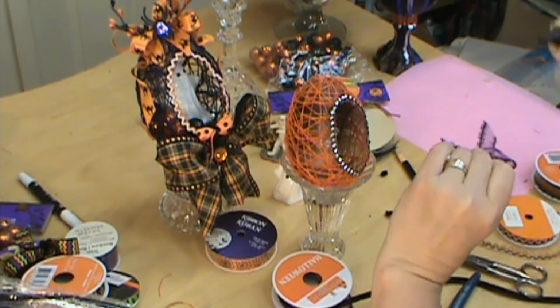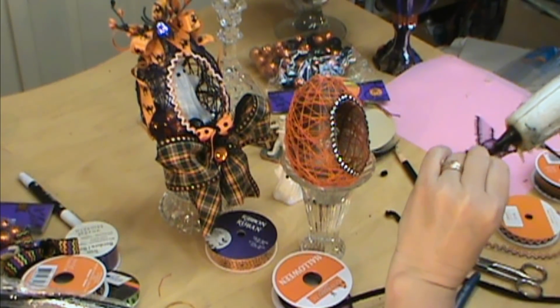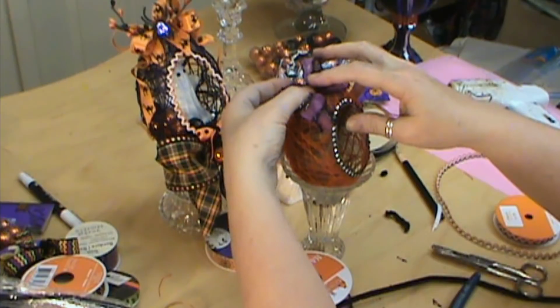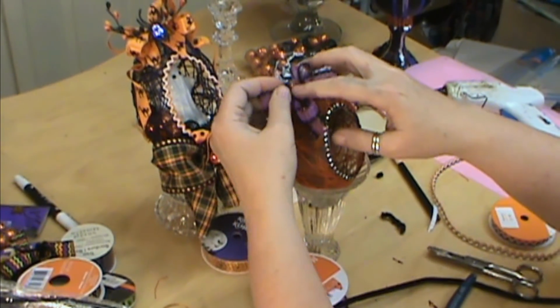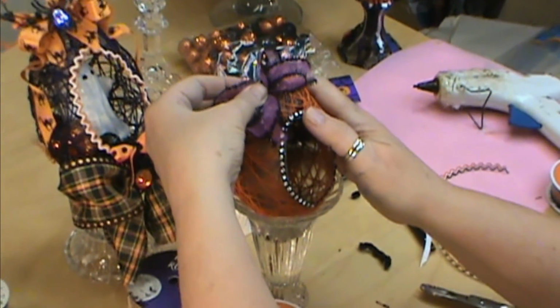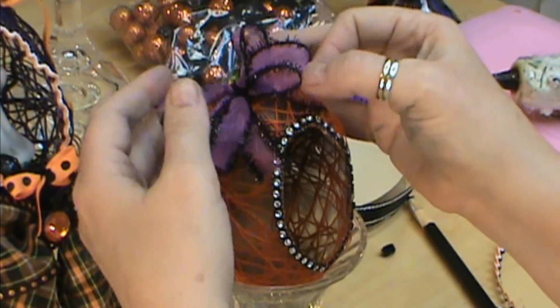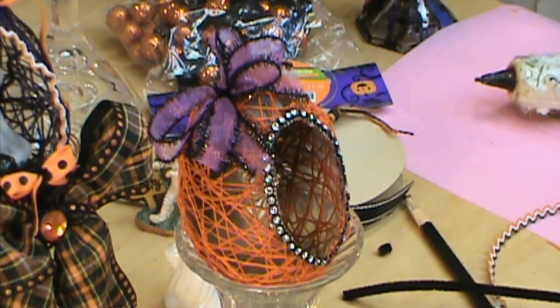And we're going to hot glue him on. I turned my glue gun on to low temp so I don't get burned. I found out that probably 80 to 90% of the time I could have it on low temp, and I don't do it, and I get burned. So